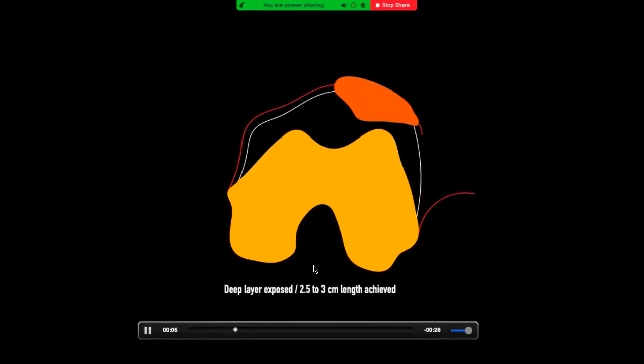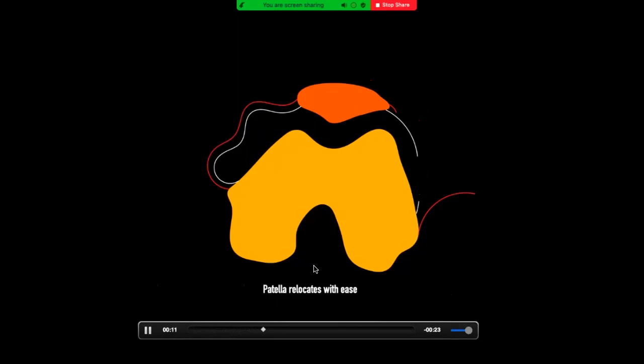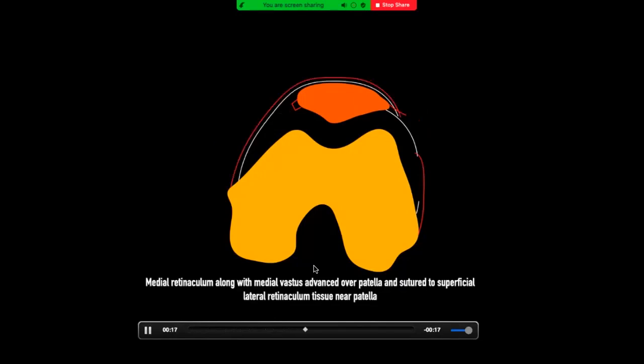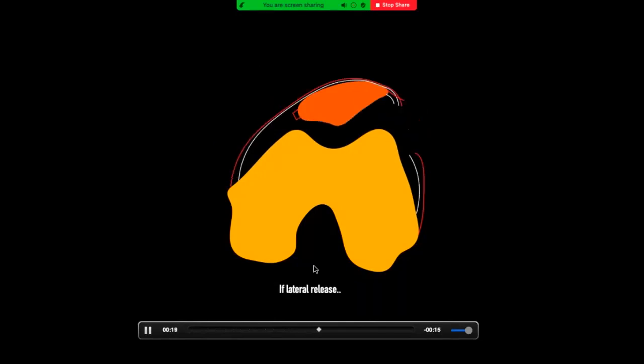We do not do complete lateral release. We do lengthening. We cut the lateral structures into two halves, superficial and deep, and we lengthen like this. The deep part is sutured with the proximal part, and by doing so,